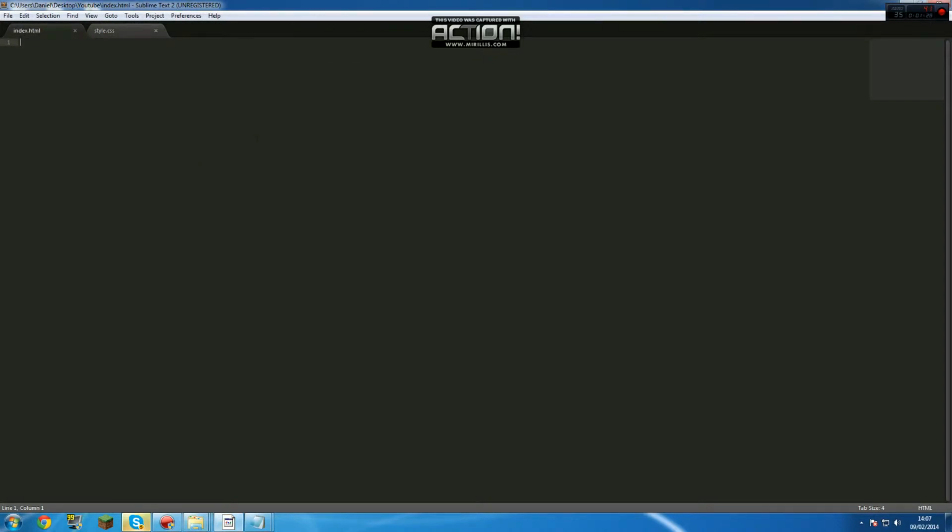In the index file, you want to type an exclamation mark, doctype HTML. There'll be a template, so download that in the description. Then next line HTML, next line head. Don't worry, this will be in the template, but I'll just say what I'm doing. In between the head,